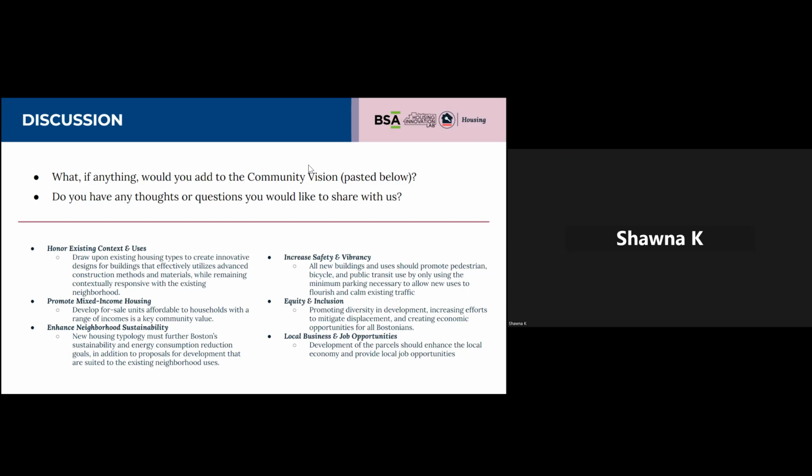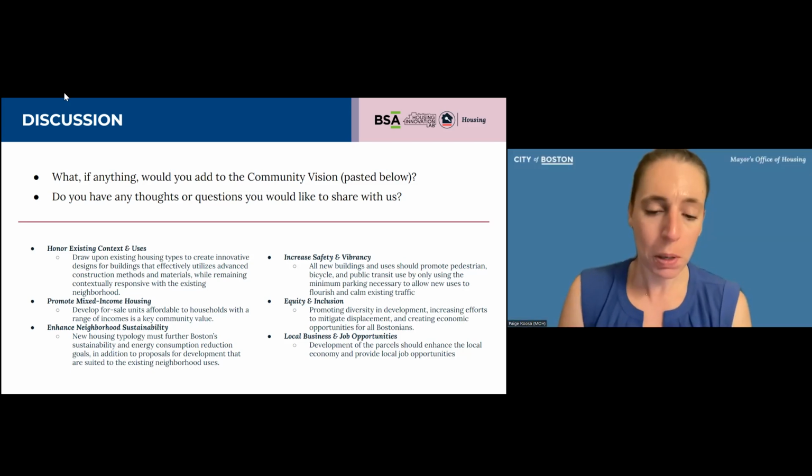Okay, so I just have a question. Maybe I missed it. I know we went over Geneva, but what is the plan for River Street? What would the building type be? How many units? If I missed that, I'm sorry. Or has that been decided yet? I think we've left it open, but we're looking for proposals that are building the missing middle building typology. So we're aiming for between 6 and 15 units, I believe.